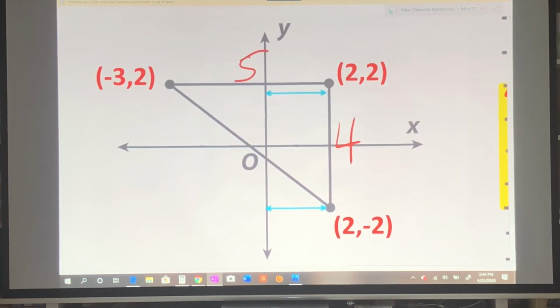This one was 5, that's 4, and that's C. So if they give you the coordinates of the point, you can say the x's here didn't change, but the y's went from 2 to -2, or -2 to 2, either way. And it's going to be a positive number, because I don't think you can really have a triangle